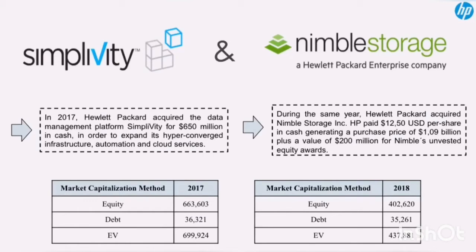Nevertheless, we can determine that the acquisition of Simplivity and Nimble Storage Inc. wasn't convenient for Hewlett-Packard because the enterprise value went from $699,924 in 2017 to $437,881 in 2018. In 2018, Hewlett-Packard acquired BlueData Software Inc., a leading provider of software that transforms the way